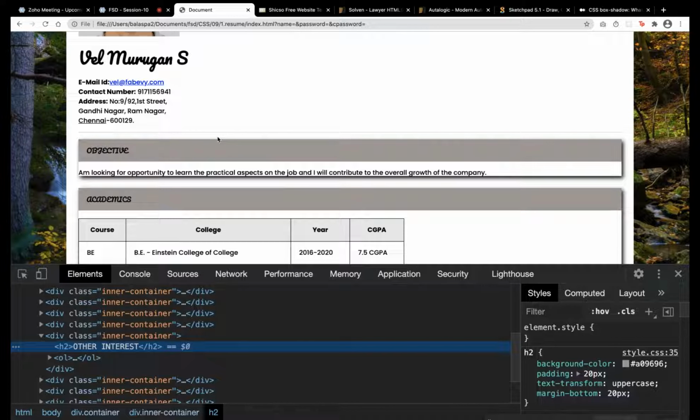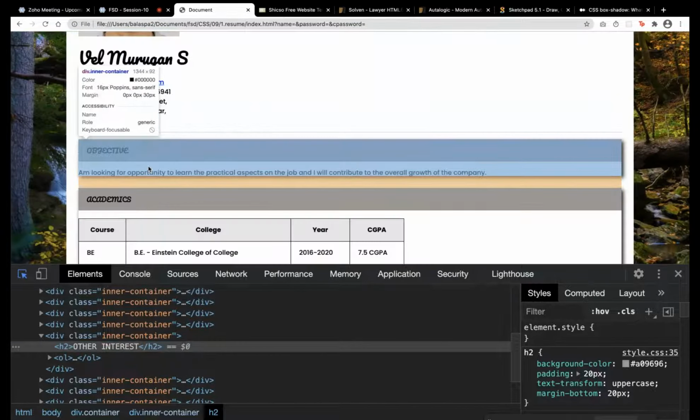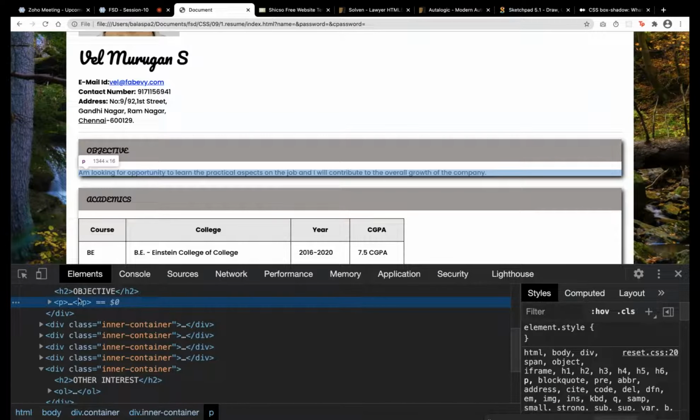That time I will use box shadow. Mostly it will give a kind of projection, as if it is coming out of the website. I want some padding here.